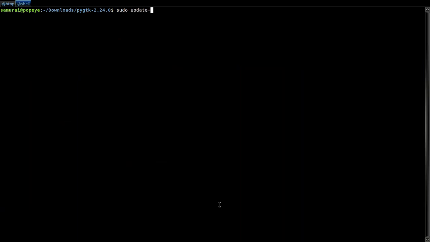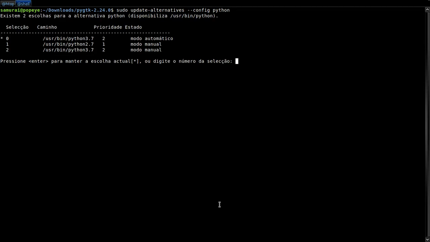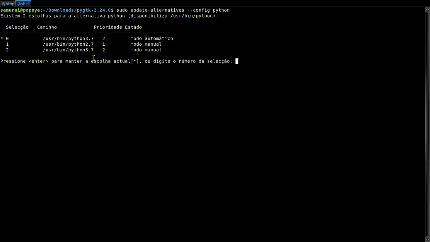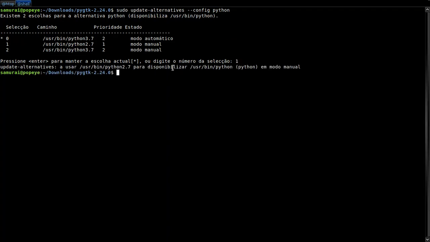Sudo update-alternatives minus config Python. Enter. And here I have a list of installed alternatives. We have position 0, 3.7, and position 1, 2.7, which we need to work. So let's type it here. Make a choice, 1.